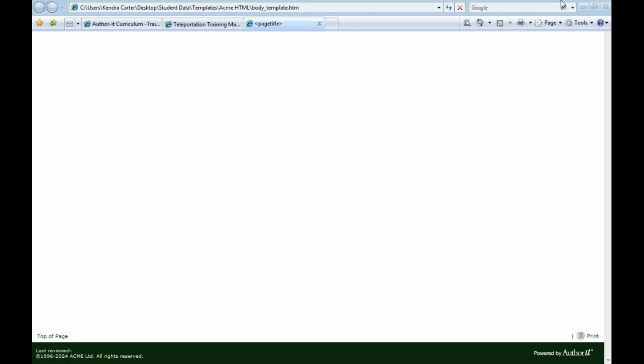So we've got a print option at the top and the bottom. We're adding in this footer. This powered by author graphic is actually a hyperlink. And then we have a top of page link that will take the user back to the top of the page if they had to scroll down to view content. So this is just an HTML template that's been designed in an HTML editor tool such as Dreamweaver, for example. Now what makes this template unique,